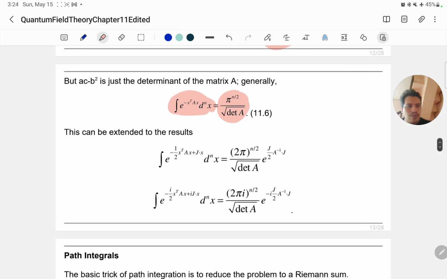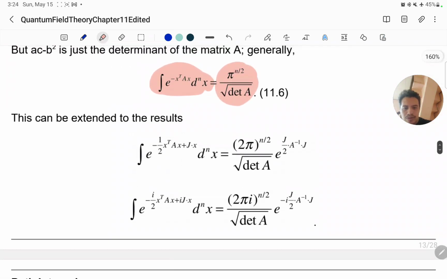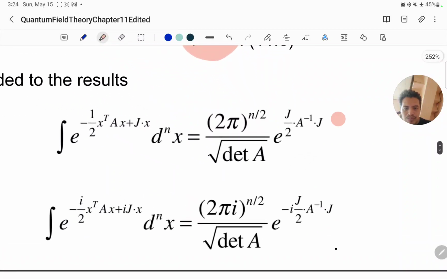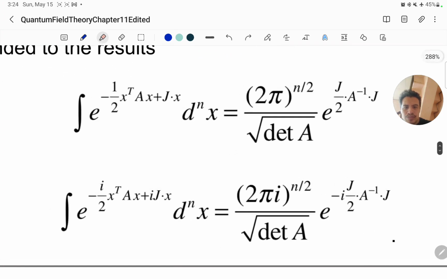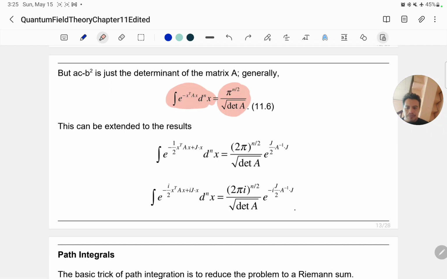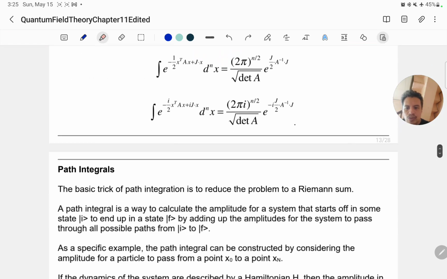So I just would like to make this bigger. So this is actually what will be used in quantum field theory, your higher dimension Gaussian integrals. So going back, we will now go to the